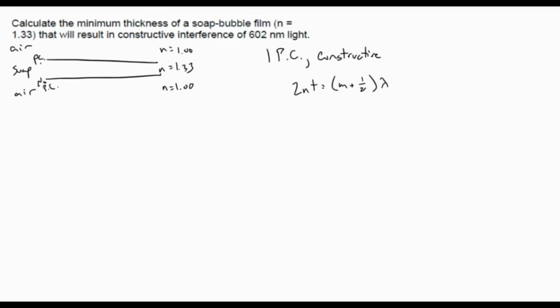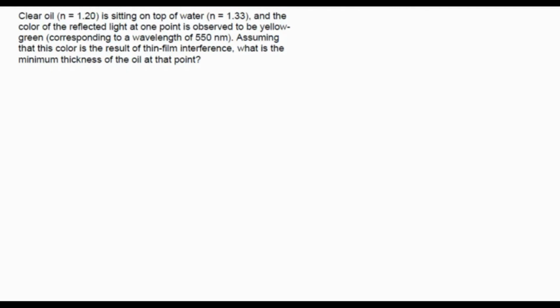So for our minimum thickness, m has to be 0, right? And so solving for t, we get lambda over 4n. Plug in 602 nanometers and 1.33, and we end up with 113 nanometers. Done. Suppose we have some clear oil, index of refraction 1.2, sitting on top of some water, and at some